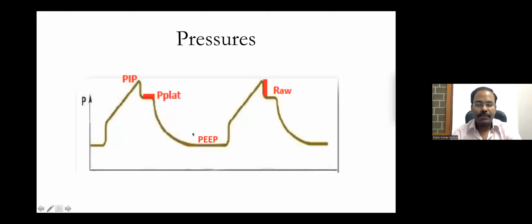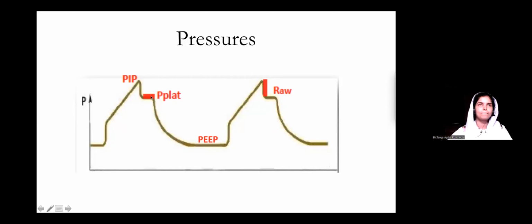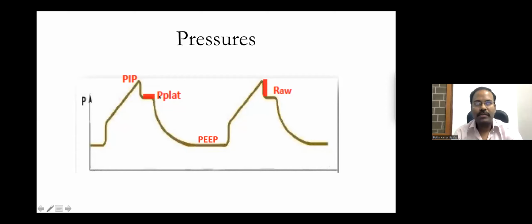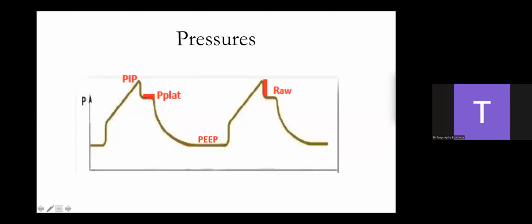Yes, sir. So the positive end expiratory pressure will keep the baseline of the pressure time scalar elevated, and also the peak inspiratory pressure and the plateau pressure. Now, most of the modern ventilators have the facility to apply inspiratory pause, which is by default set at 10%. We usually do not need more than 10% of inspiratory pause in a healthy lung. In ICUs, we many times give it more than that.